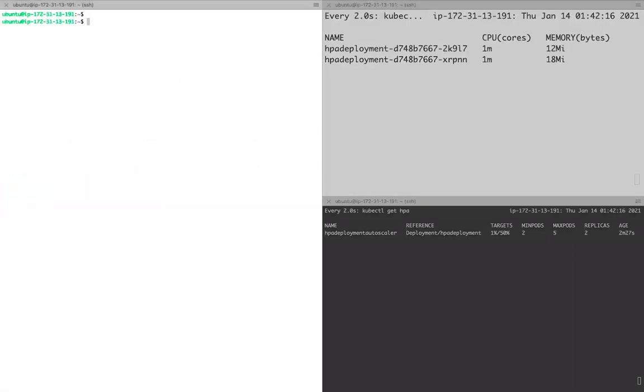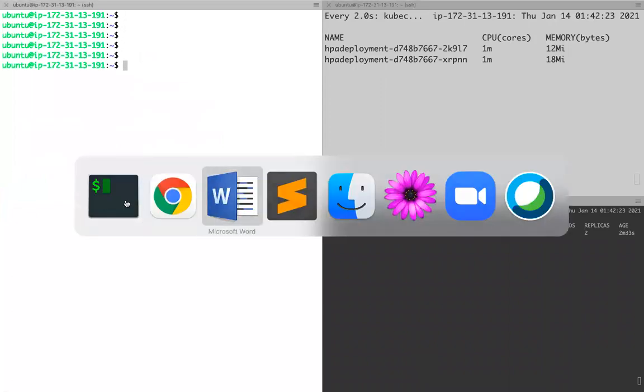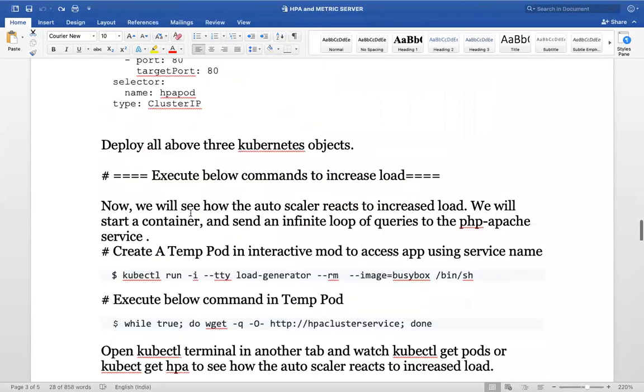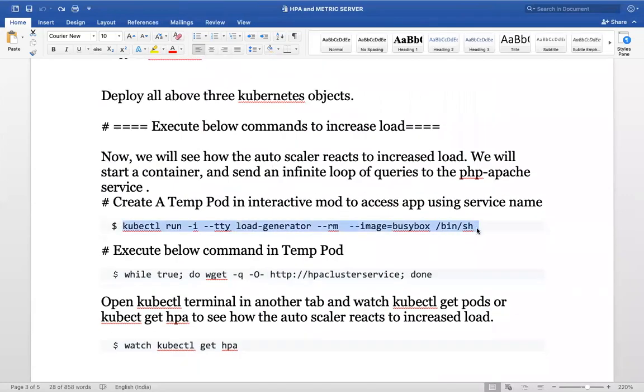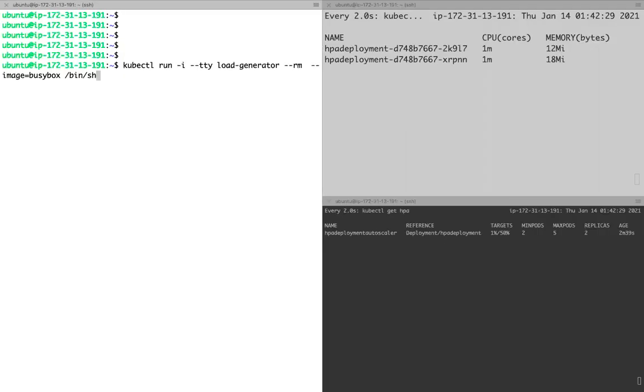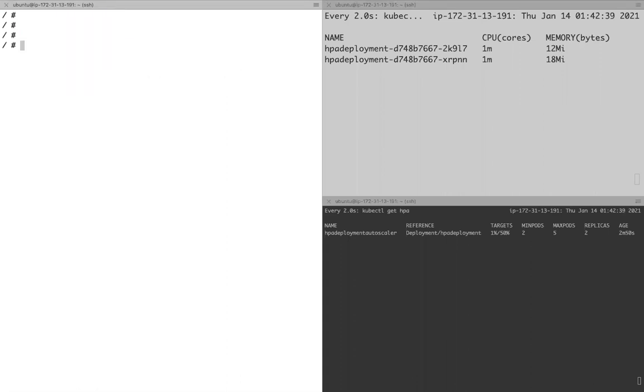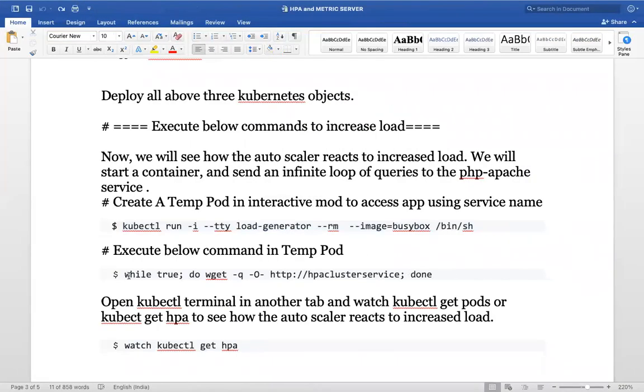Again here, let me put the load. I will again deploy that temporary pod. I will create the temporary pod using BusyBox, right? Then I am putting the load.